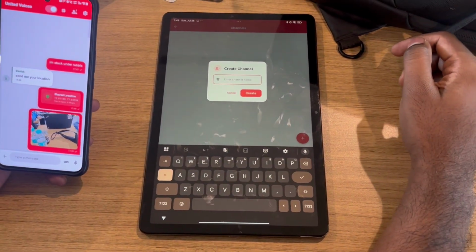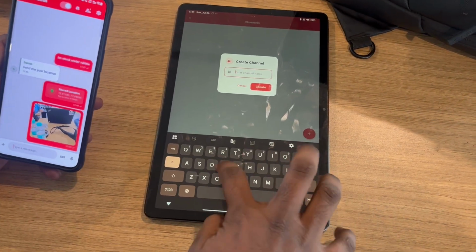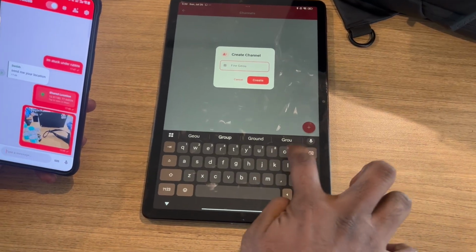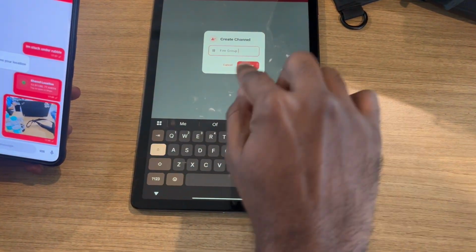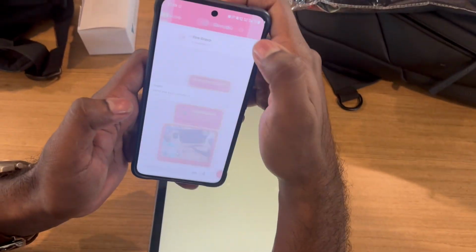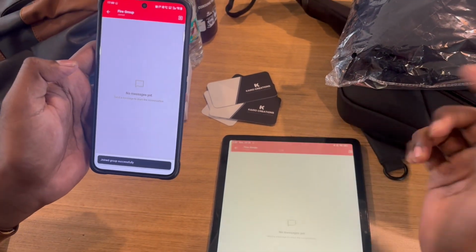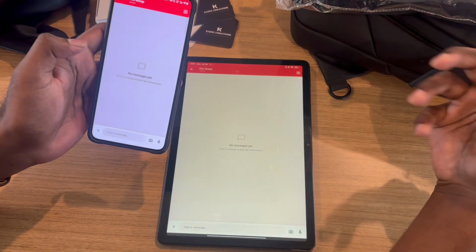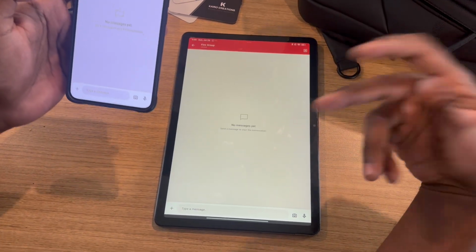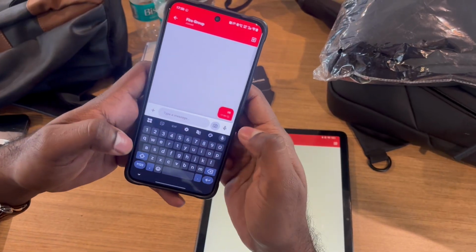Channels are private groups where people can separately communicate. Let me create a fire group. Oh, there's a typo. Fire group. So I just created fire group. Let us give a second for this phone to figure out, okay, fire group is here. So I can join this group. Now both of them are in the same group. Of course, if there are more nodes in the network, they'll also see this group, and they can separately join as well. As you would have guessed already, they can start talking in this group.